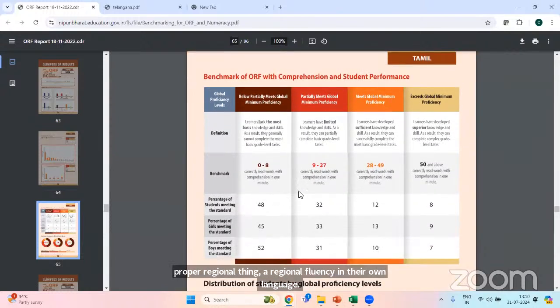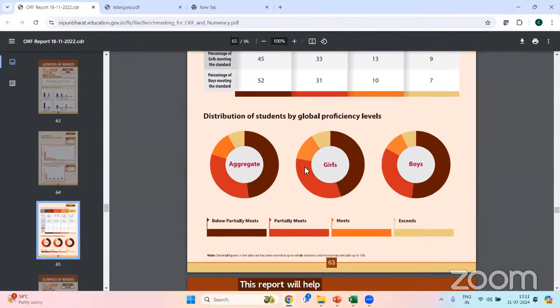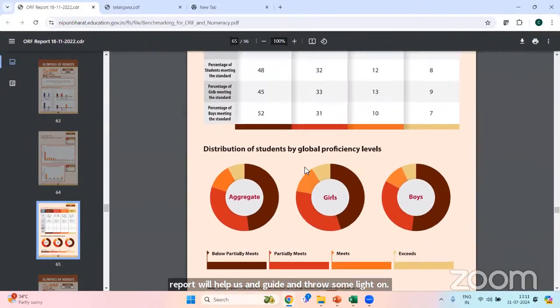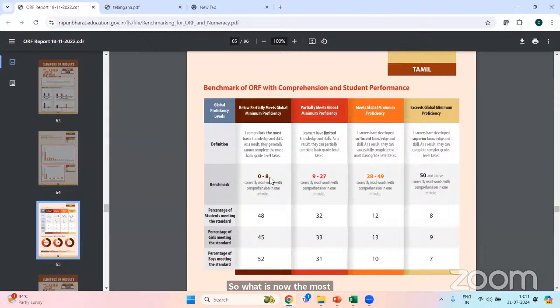So when they don't have a fluency in their own language, how do you expect the student to be expressive when they come out of their schools, and how do you think that they can be competitive and show their competencies in the other aspects of skills and attitude and behavior? This report will help us and guide and throw some light on refining the learning outcomes. So what is now the most important priority for a learning outcome is that you try to incorporate more of the regional language into your curriculum, which is somehow missing from this